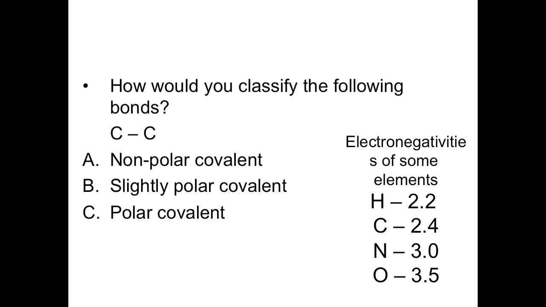All right, so I'd like you to go through these different bonds and ask yourself, is this going to be a polar covalent bond, a slightly polar covalent bond, or a non-polar covalent bond? And I want you to appreciate that this is a spectrum, okay? When the electronegativity difference is high enough, then you get ionization, right? So between something like chlorine and sodium, you have such a large difference that the chlorine atom is able to completely remove the electron from the sodium